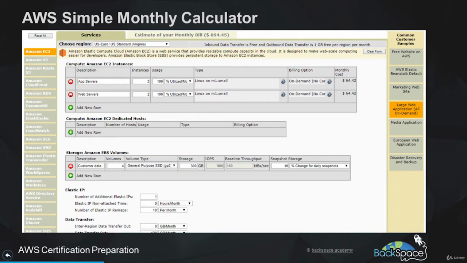Put in all your data transfer information that you expect, and that will spit out an estimate of your monthly bill. On the right-hand side, you can see there are common customer samples, so you can actually get a pre-baked estimate already. You can see there for a large web application, all on demand, you can use that as a starting point for your monthly calculator.